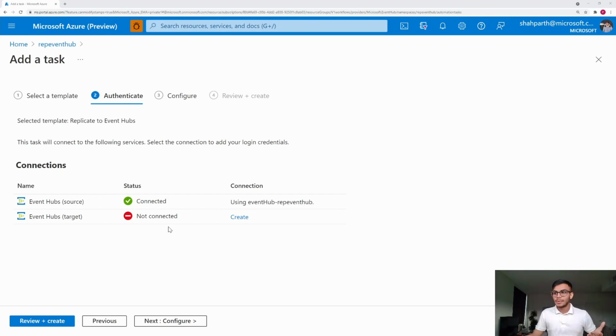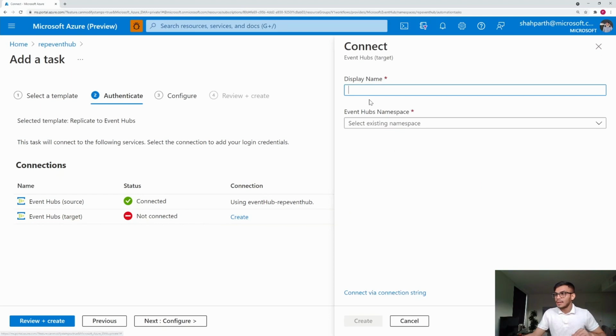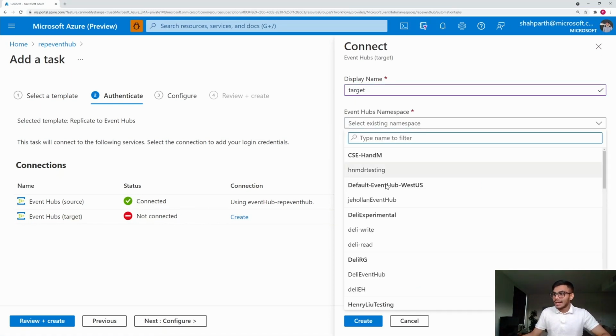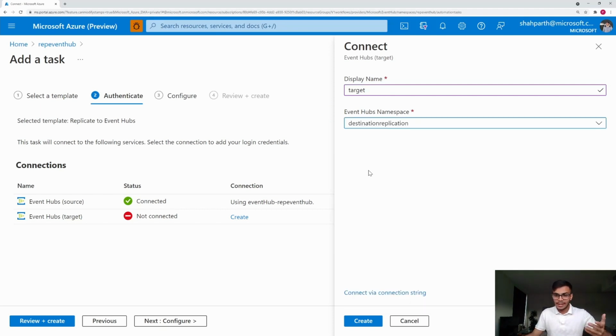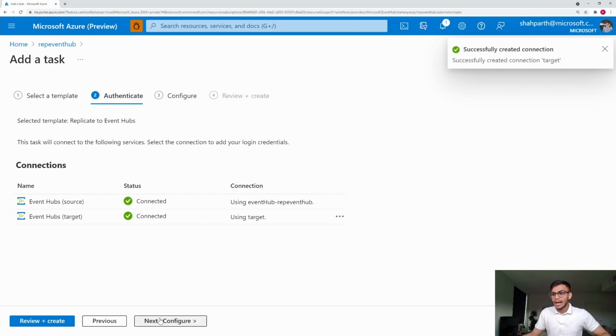Now that we've selected the replication template, let's go ahead and simply connect to the target Event Hub. You can see the source is already connected. That is because we are accessing the task from within the source, so we do not quite need to connect. It's dynamically connected for us. Here we need to simply connect to the target by providing a display name and the namespace you want to connect to. You can also connect via connection string, which will enable you to replicate data to namespaces that are outside this subscription. But for me, it's within the subscription, so I'll simply connect and go to the configure step where